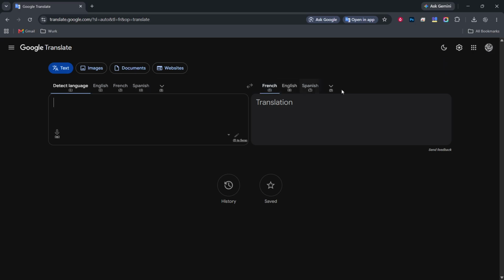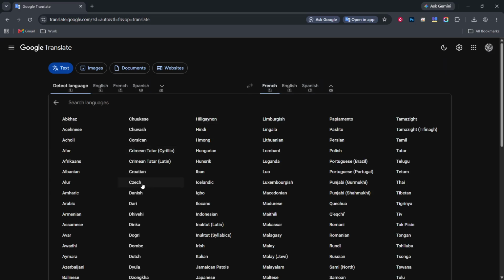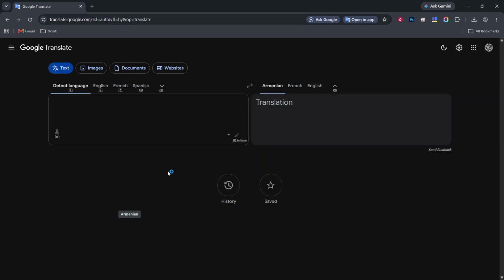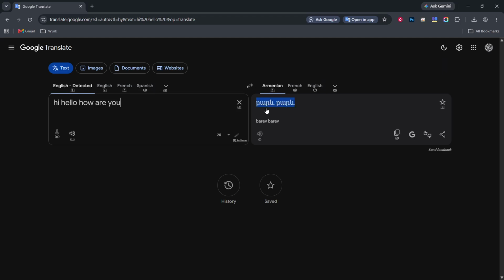With the box active, type or paste your text. You can type directly using your keyboard or use your usual shortcut to paste text you copied from somewhere else. As you type, you will see your words filling the left box line by line. Google Translate can handle more than one sentence at once, so you can paste a short paragraph if you like. A helpful tip here, if you notice a typo in the left box, fixing it will update the translation automatically. You do not need to start over.